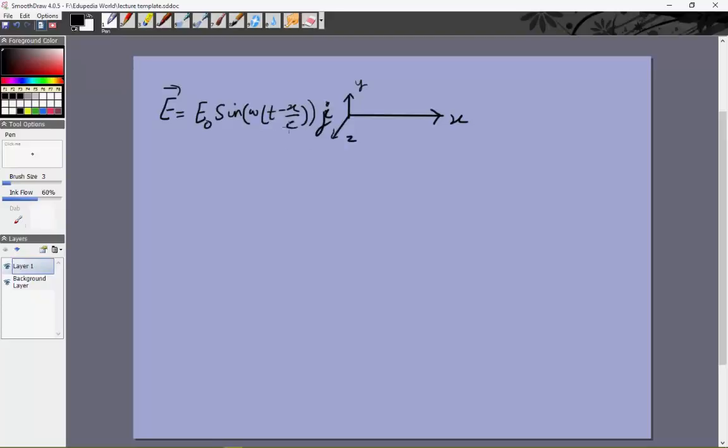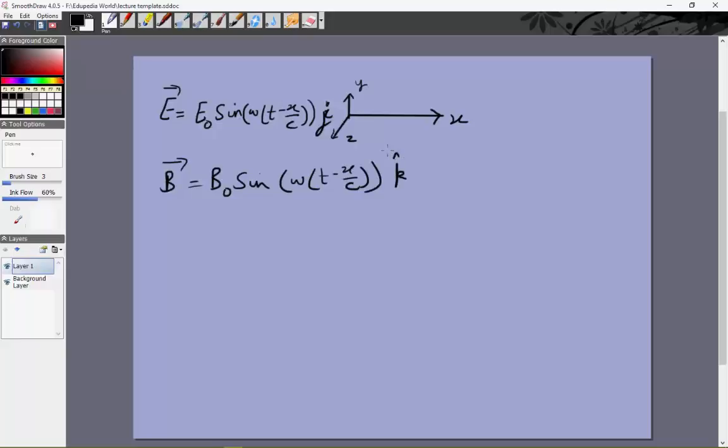This ωt − x/v or ωt − kx, these forms we've seen before, right? So the electric field at some points is 0, at some points is plus E naught, at some points is minus E naught, but it is pointing in the y direction. So at some points it will point up and down. Then there is the magnetic field, which is given as B naught sin(ωt − x/c)